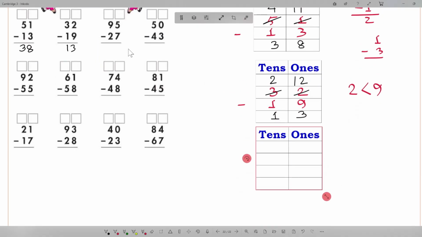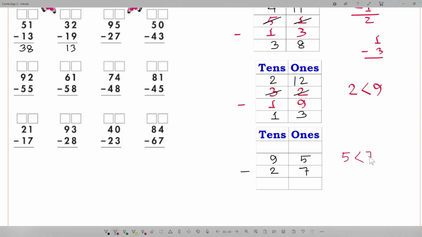Another practice. Look, here is 95 minus 27. 9 is the tens, 5 is the ones. Minus 27. Now look, here the ones digits are 5 and 7. 5 is less than 7. So this 5 will become 15, right? And this 9 becomes 8, because we will add